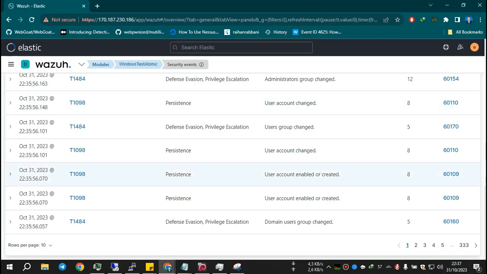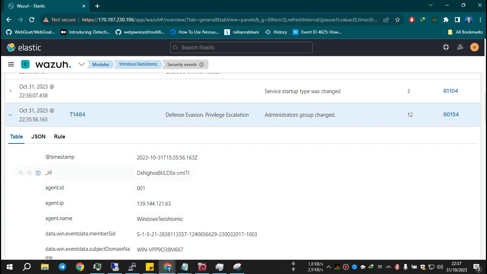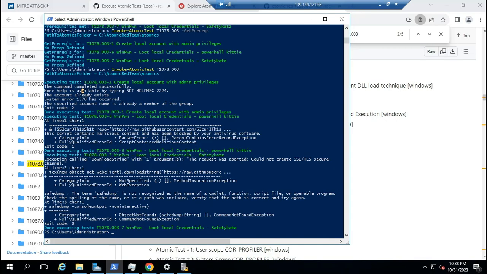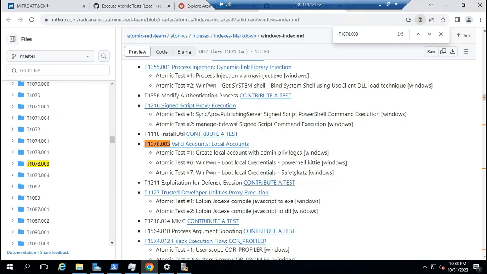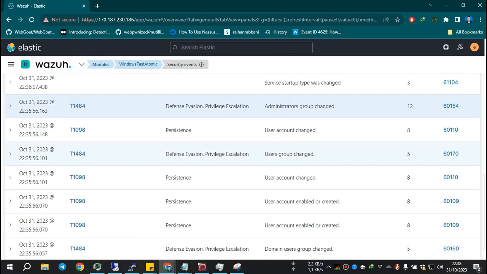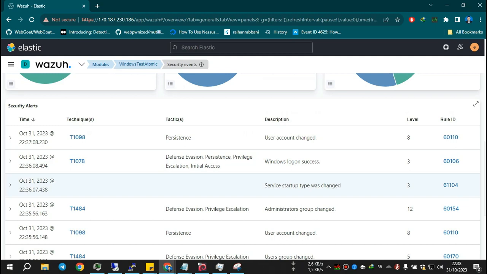Yeah, this is the administrator group change like before. The log is like before because we are using the local account to trigger in the system. So in the Wazuh it's the same, the log is the same, but actually if we dig